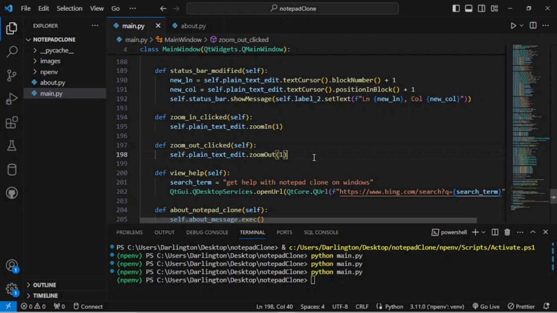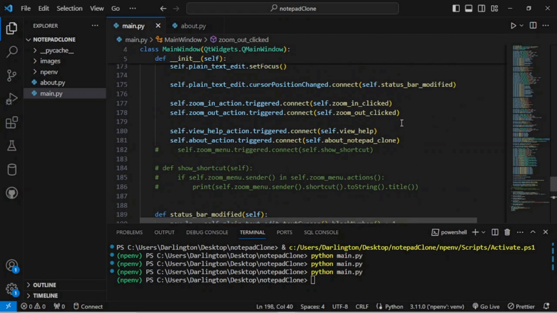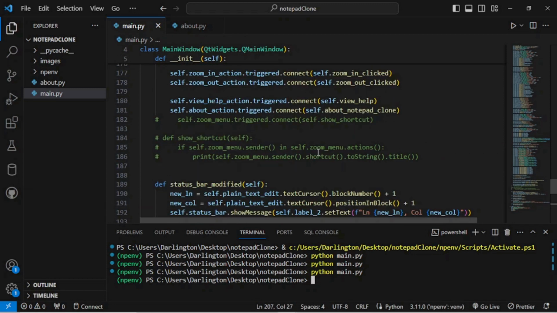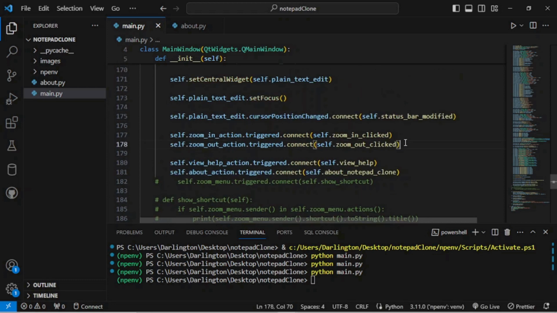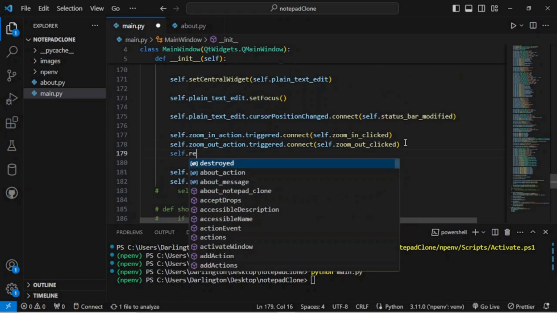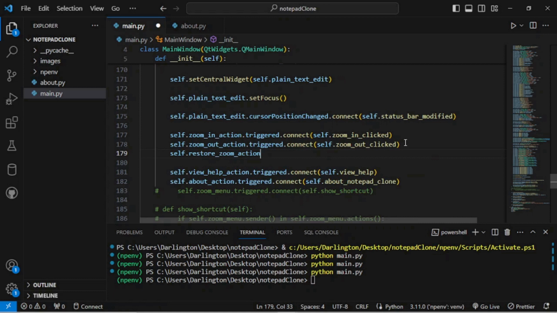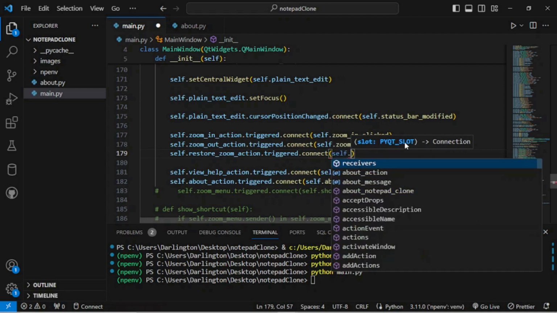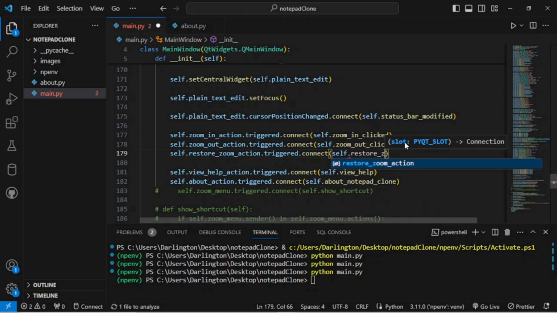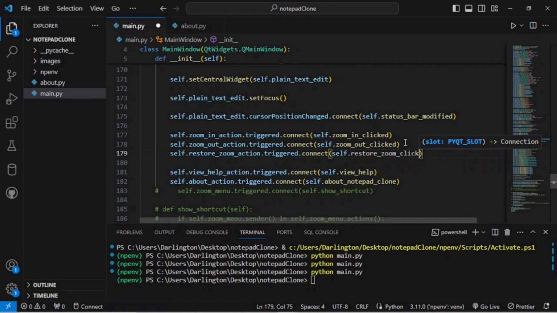For the restore default zoom action, we'll just come here and say self.restore zoom action, and we'll say triggered, and we'll say connect, and we'll say self.restore zoom clicked. Okay,